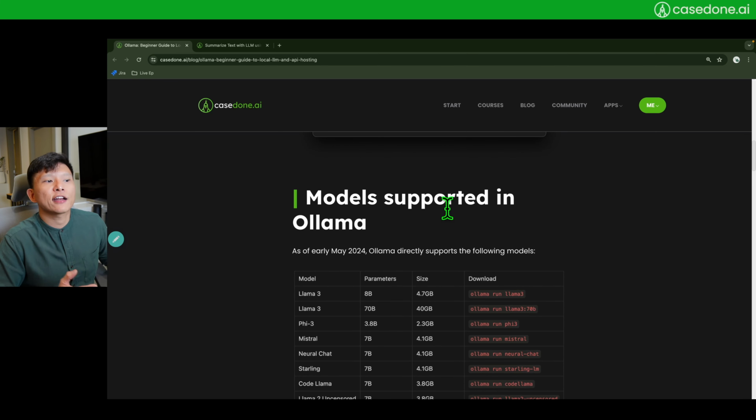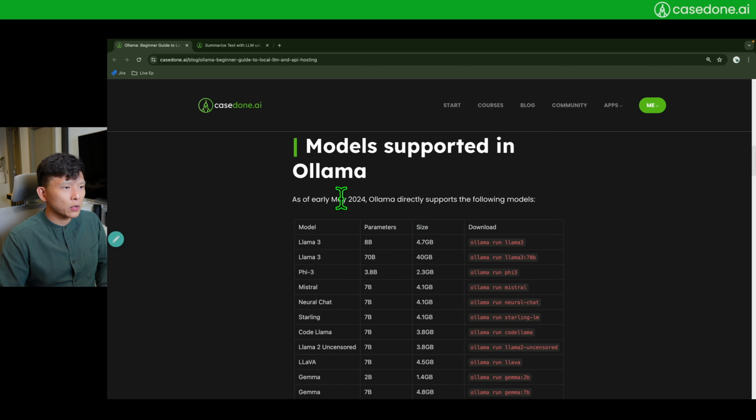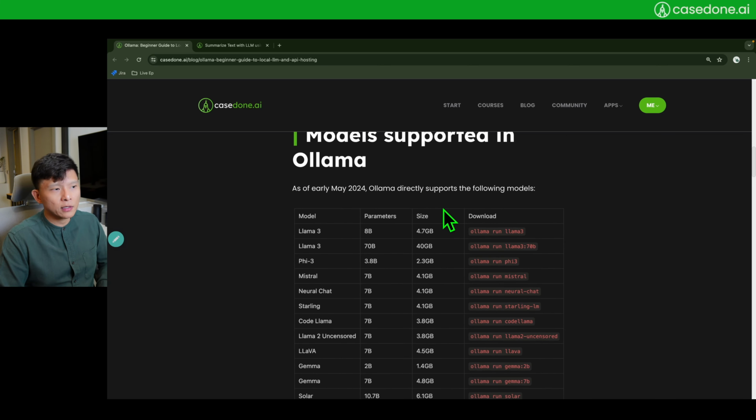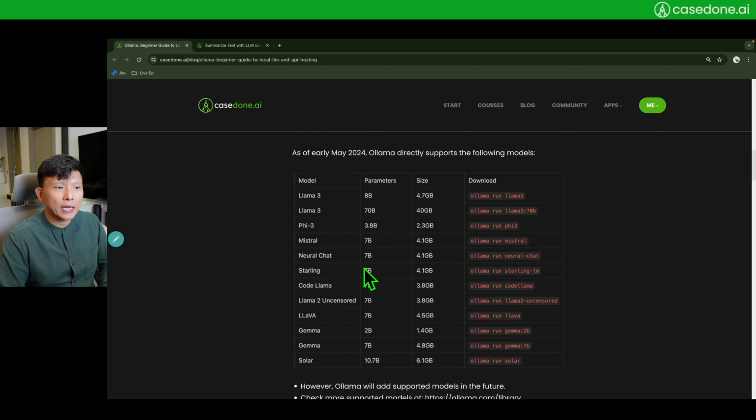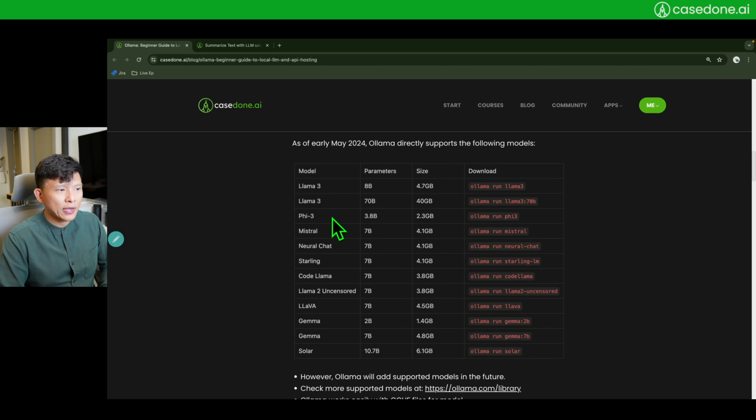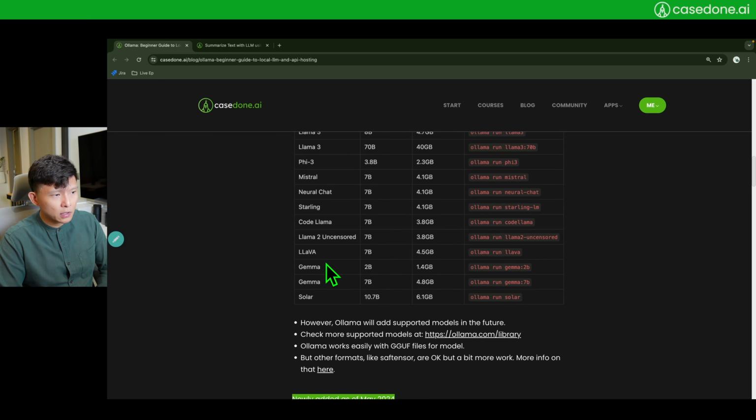Now, what kind of models are supported directly by Ollama? As of May 2024, these are the models that are supported by the Ollama framework or application. For example, you can download Llama 3 using the ollama run llama3 command line. You have Phi-3, Mistral, NeuralChat, Starling models,